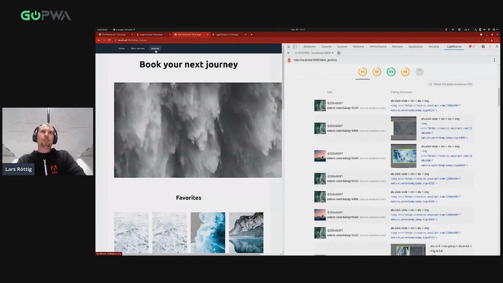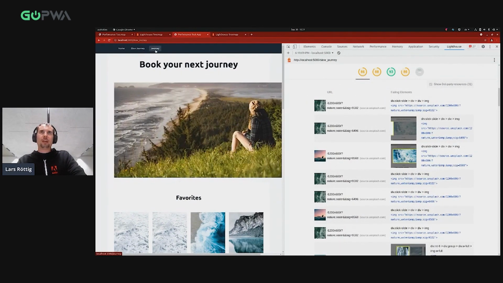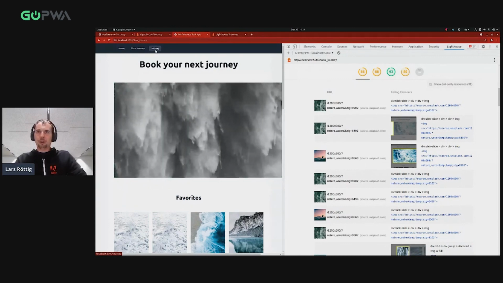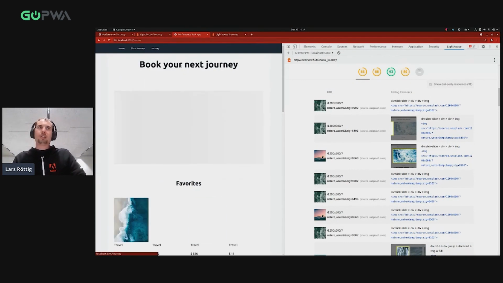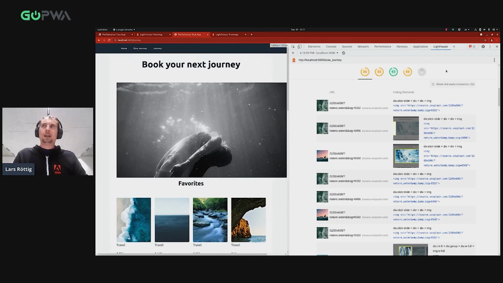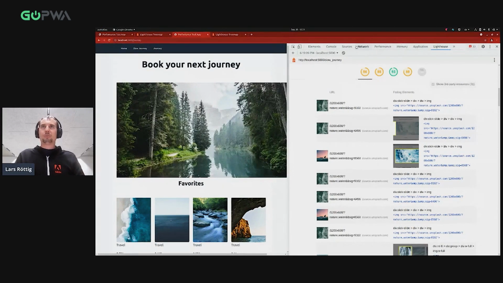If I go now to the same site, but the performance version, you can already see I don't have jumping elements here. I don't have images jumping around. And I also have fewer requests.